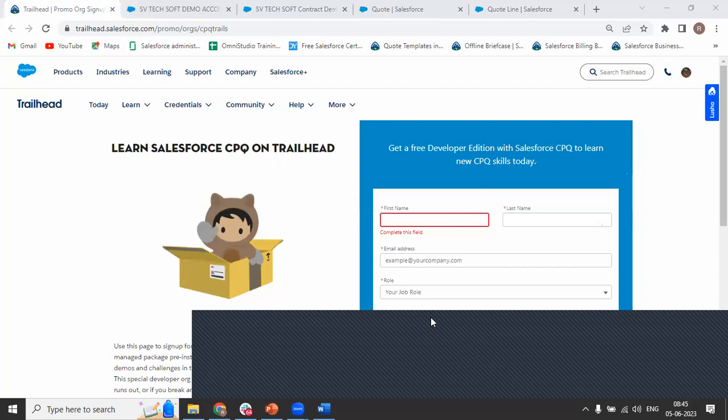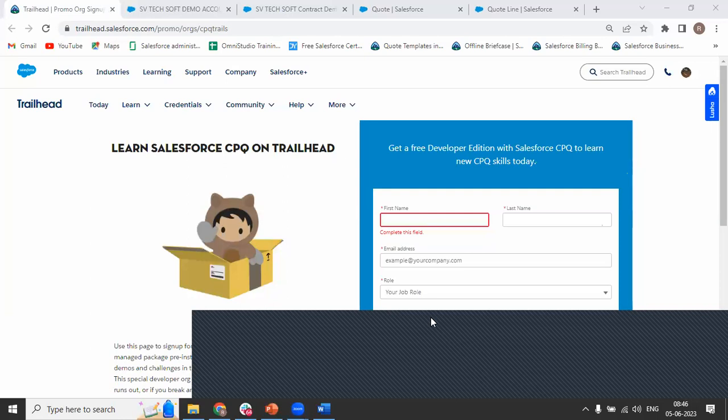Then we are going to take a look at Conga Composer, how to generate invoices using Conga Composer. That would again be 1 or 2 hours. We have not disaggregated it, but billing is again a managed package that would be installed, an add-on to CPQ. There are a lot of topics to cover in billing, so that's why we have given 10 hours. But frankly, 10 hours, or 10 to 15 hours, would be more than enough to complete all the topics. There could be 11 or 12 sessions, and those are enough to understand billing and